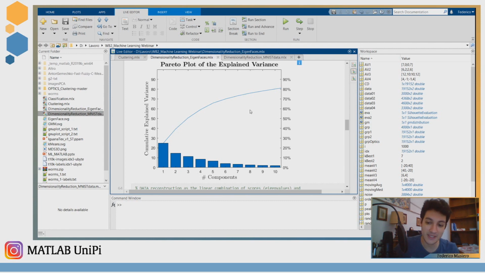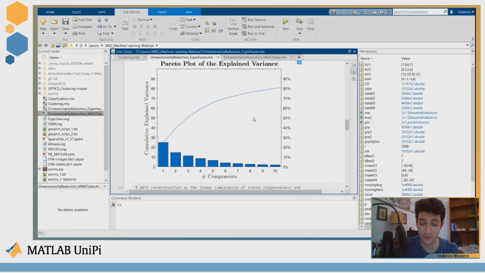So, as I told you during the presentation, since we have like 40 images and each image has n square number of pixels, but the number of images is smaller than the number of pixels for each image, PCA works on the lowest dimension of the data that we have, that is the dimension along the rows,